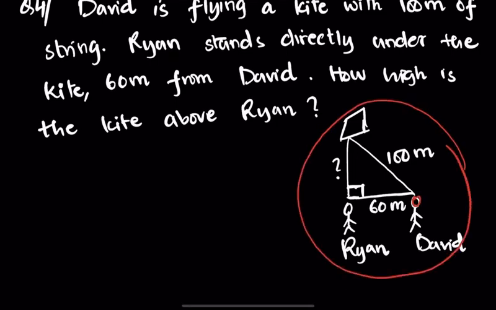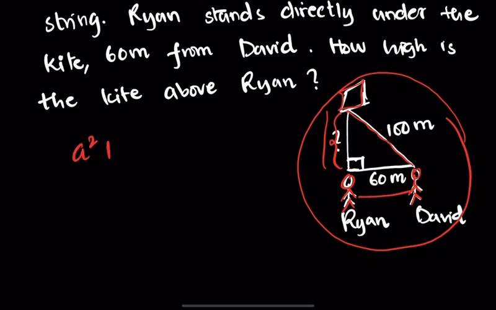David is here, flying this kite with 100 meters of string. And Ryan, his friend, is here, who is 60 meters apart from David, but right under the kite. The question is asking us to find the height, or the distance between Ryan and the kite. Since this forms a right triangle,